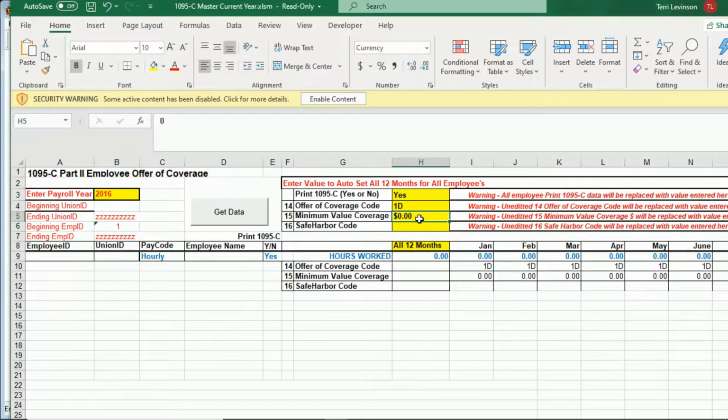I can select what offer code I want. For the minimum coverage value, I can put an amount in here, or I can leave it blank as 0 if I want to fill in what each employee is individually paying, because everybody's probably different unless your company has a set amount. The safe harbor code again pulls in a drop-down. I can select the safe harbor code that applies. And if I click get data,